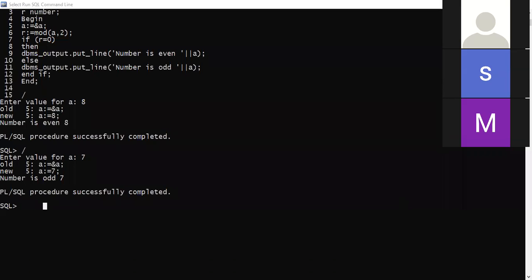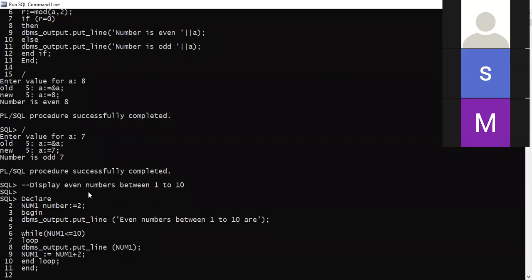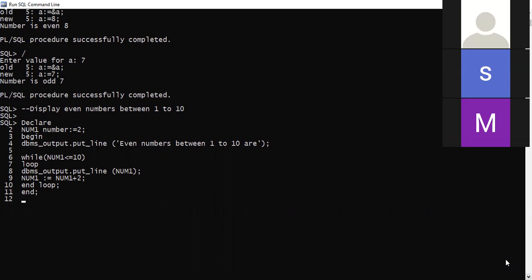So that will give me all the even numbers between 1 to 10. The first even number in the range 1 to 10 is 2. In the declare part, I have declared a variable num1 of the type number and initialized it with 2, and then I have given a begin section.